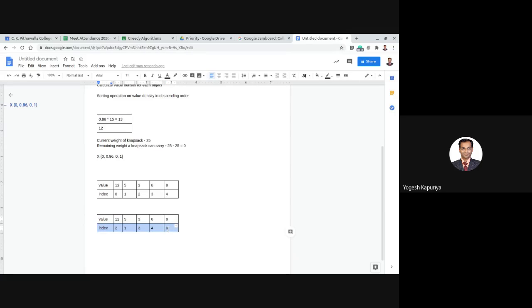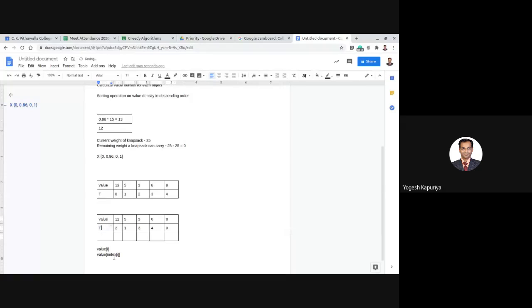So whenever I want to access the value in sorted order, I'm not simply writing value of I. What I will be writing is value of index of I. Now instead of index, let us say this is some temporary array.